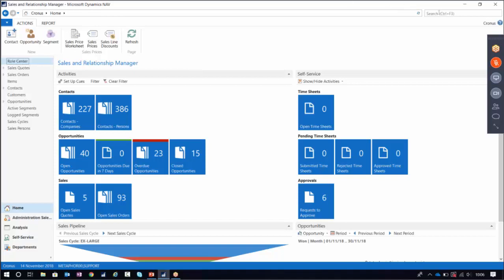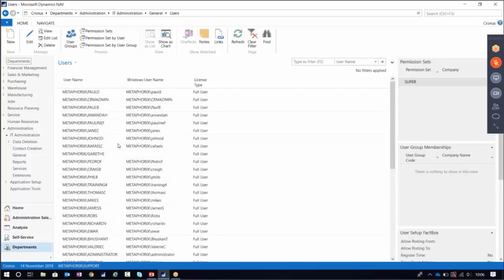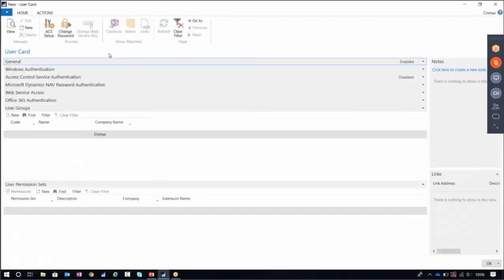Before we can assign permissions, users need to be set up as a user. And that's done in this table. If we look in this table, we'll see a list of all the users, and these are the people that we can adjust the permissions of. So the first thing we need to do, if we want to be able to give a user permission, is add them to this list. So if we press new,